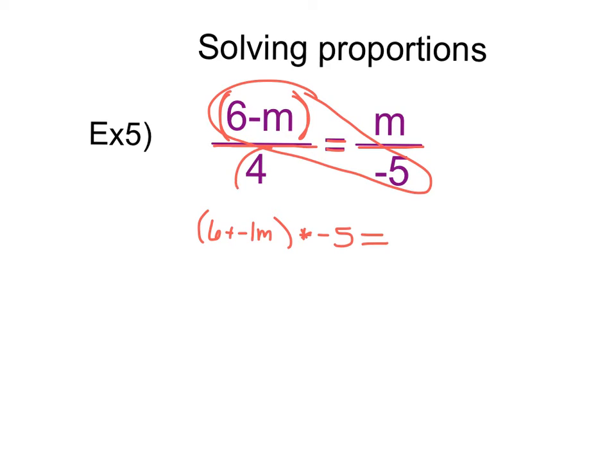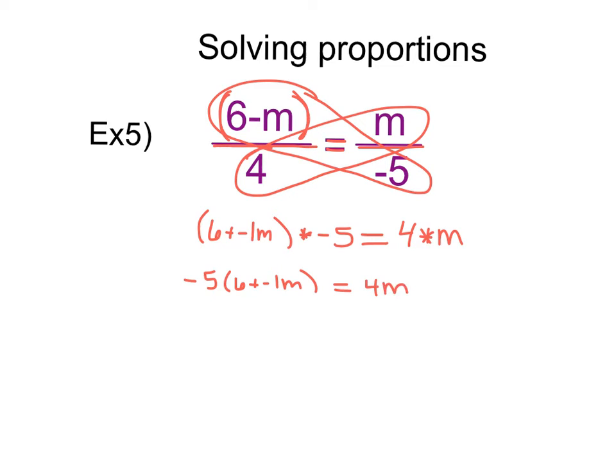That's equal to denominator times other numerator, which is 4 times m. So now I'm just going to rewrite this in a little bit easier way to actually read. I'm going to bring that negative 5 in front and then write the 4m over here as 4m. And then I'm just going to distribute. So I have negative 30 plus, that's negative 5 times negative 1, so that's a positive 5m, is equal to